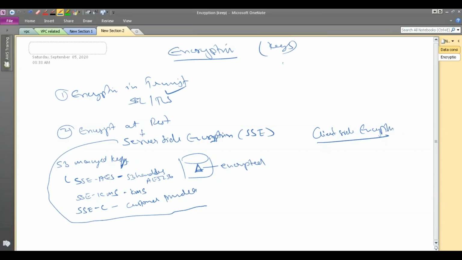What is client side encryption? You are encrypting the file and then uploading it. You are encrypting, then uploading it. So you are doing it at your end, you are not doing any encryption at S3. So S3 or AWS does not handle your encryption. You are encrypting the file at your end using some tool or something,